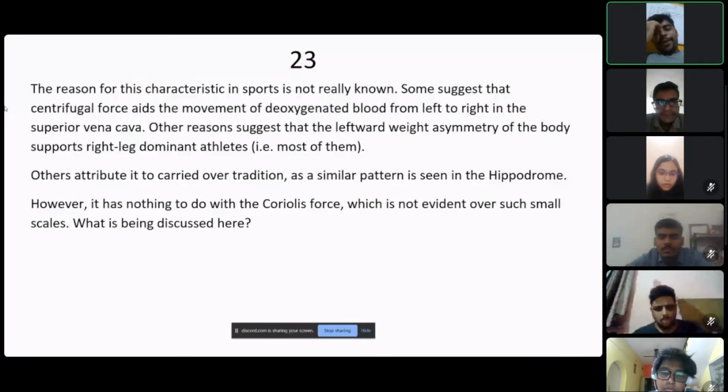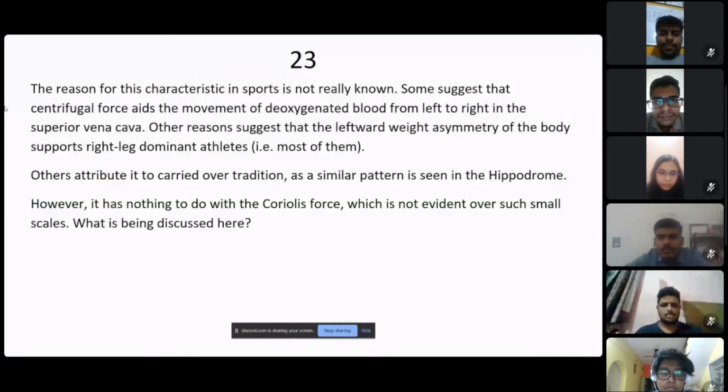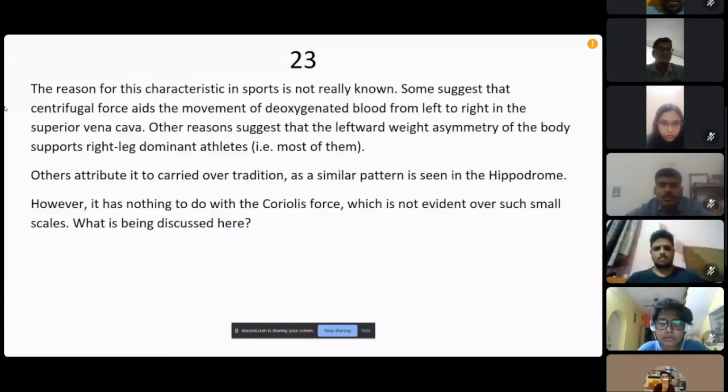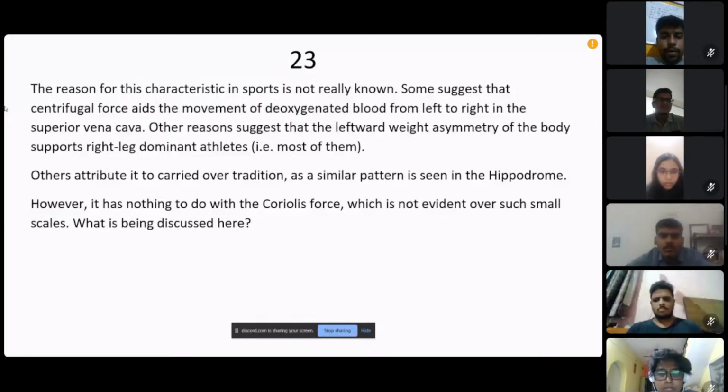The reason for this characteristic in sports is not really known. Some suggest that centrifugal force aids the movement of deoxygenated blood from left to right in the superior vena cava. Other reasons suggest that leftward weight asymmetry of the body supports right leg dominant athletes. Others attribute it to Coriolis force, which is not evident over such small scales. What is being...